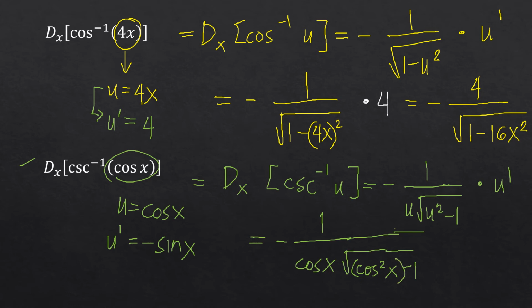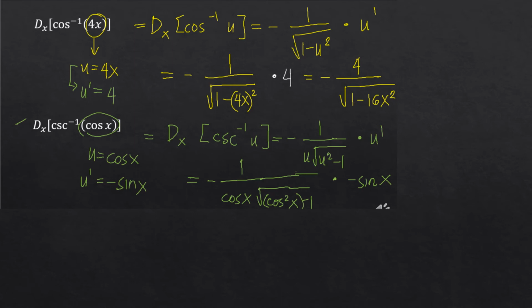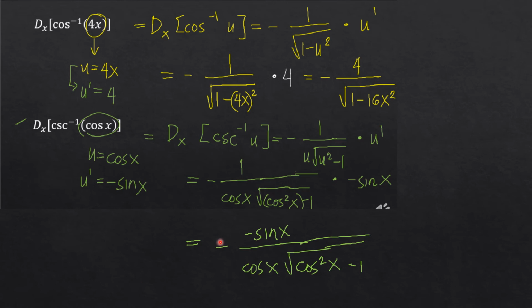Yes, because the square of u, which is cosine x, will become cosine squared x, so you can directly write that way, times negative sine x. So here we can now have negative of negative sine x over cosine x times square root of cosine squared x minus 1, and that is negative times negative will give us positive. And also take note that sine x over cosine x is tangent x, therefore our answer can now be written